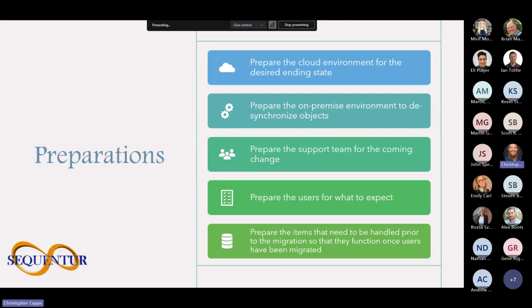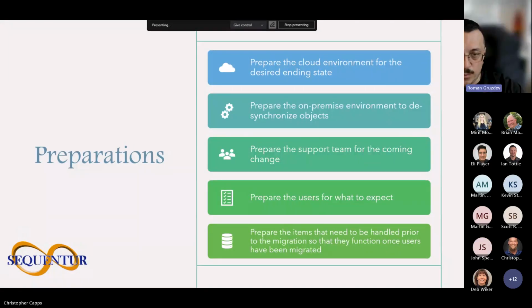I'm going to go ahead and stop for a second and open it up there. All right, so it is possible. This migration is done one user at a time. Once you have it set up, you basically move one user at a time, which allows your support team to address any issues users may be having without overwhelming them, or having a massive outage should any bad things occur.